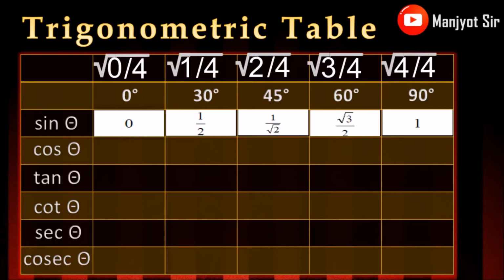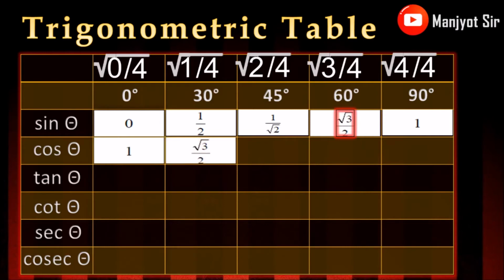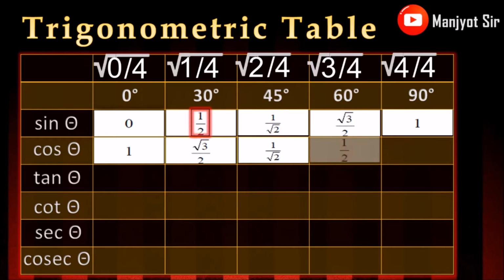So for cos, what we are going to do is we'll just twist values of sine. See, what is last of sine becomes first of cos. So we'll write last value of sine, that is 1, in first value of cos. Then after that, root 3 upon 2 will be coming under 30. So we are just twisting all these values of sine in cos. After that, 1 upon root 2 will be as it is below 45. Then we have half, which will come below 60 since we are twisting this entire line. Next, 0 will be at last.